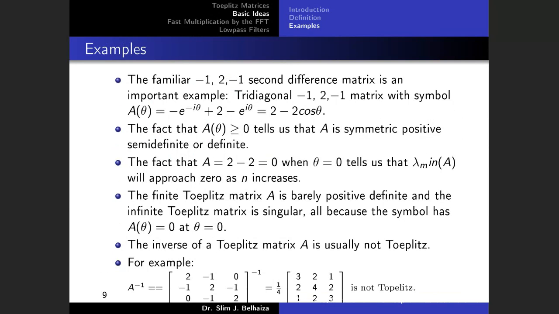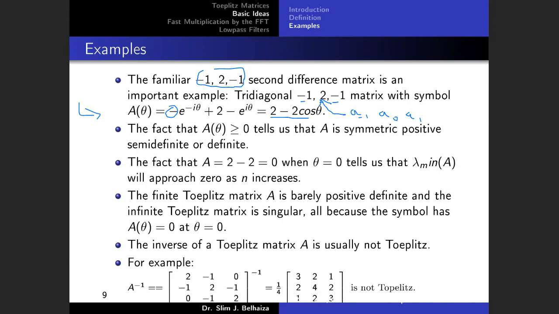Now let's see a couple of examples. For example, the familiar -1, 2, -1 second difference matrix is in fact an important example of a tridiagonal Toeplitz matrix. So you have -1, 2, -1. These, in fact, replace what we've seen in the previous slide as A-1, A0, A1. So the polynomial you obtain, A(theta), would be given by -1 times e to the power minus i theta plus 2 minus 1 times e to the power i theta, which is in fact